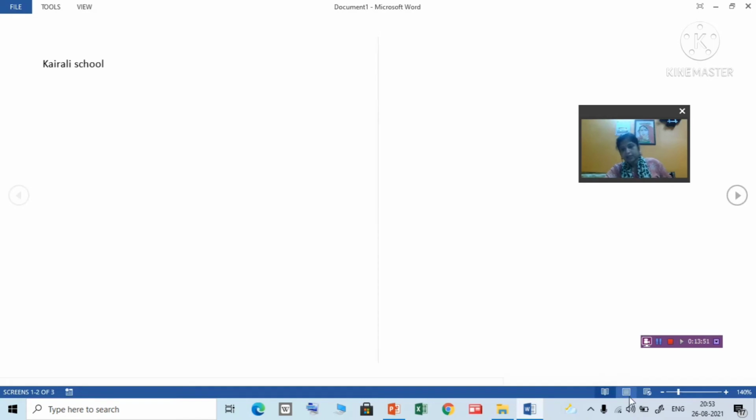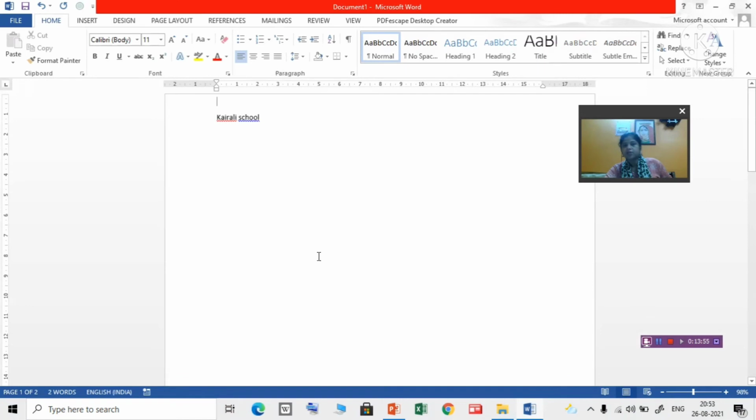Okay, and this is your web layout and print layout. In print layout, this is the general mode where we are working. A horizontal ruler, a vertical ruler and a scroll bar will be there. This is print layout mode.